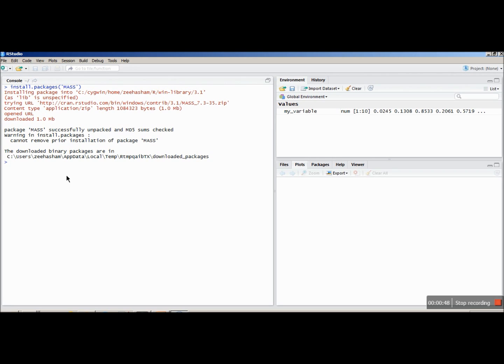Now once you install a package, you have to load that package into the R. So the command for loading the package is called library, bracket, and then you can write the name of your package without any quotes. So I can just say MASS. If I press enter, you might get some warning, but there's no error, so it means that MASS is loaded